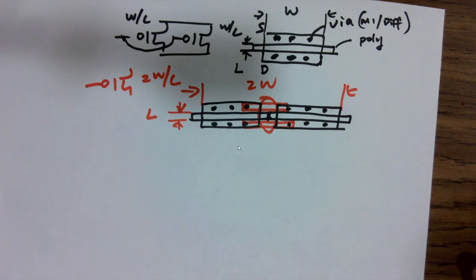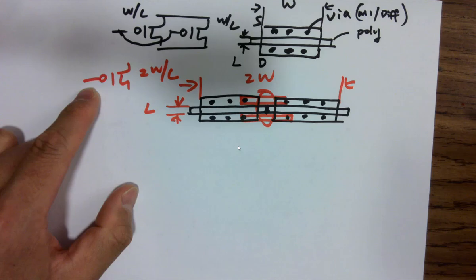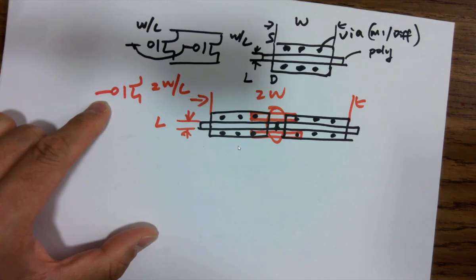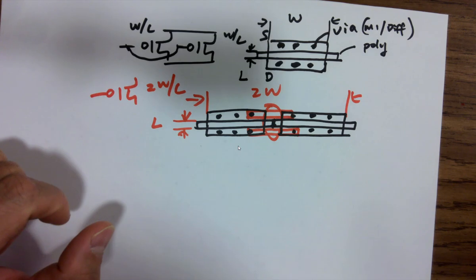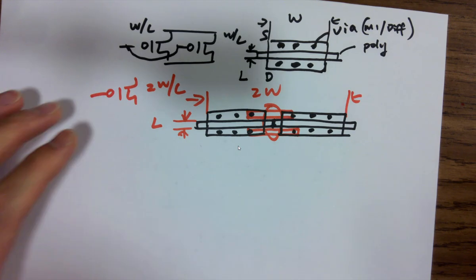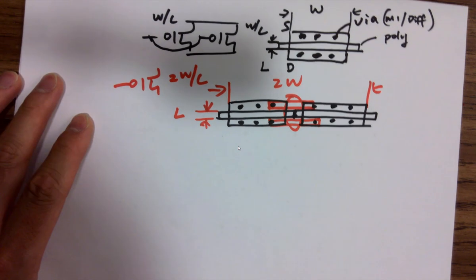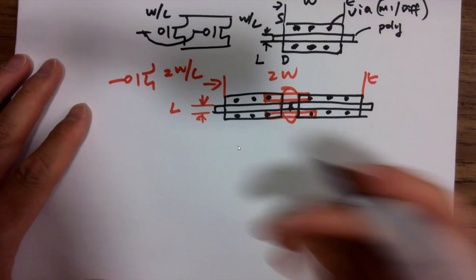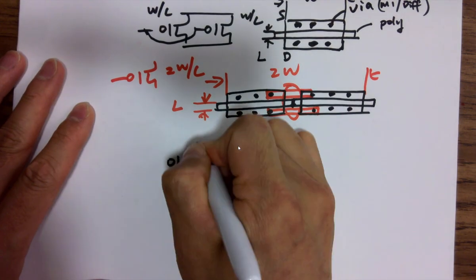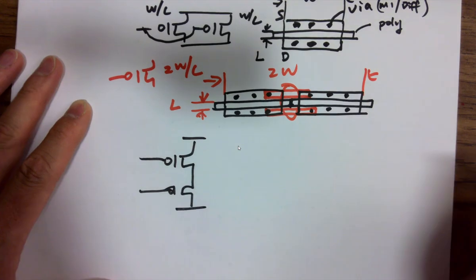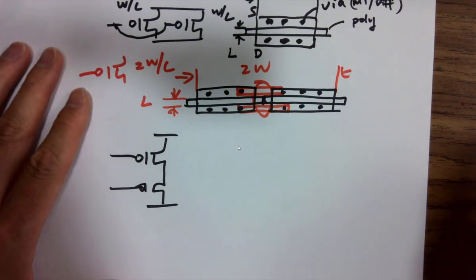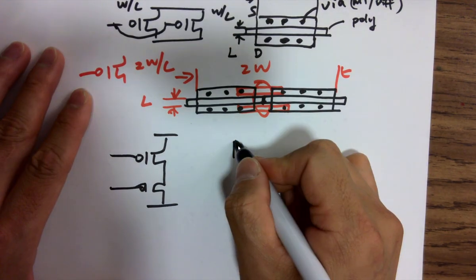It's going to run the same amount of current if you give the same VSG. It's not giving you a different current going through the channel. They're equivalent, just so you guys know. A similar effect can be seen for two PMOSes in series, like this. If you place these two together,